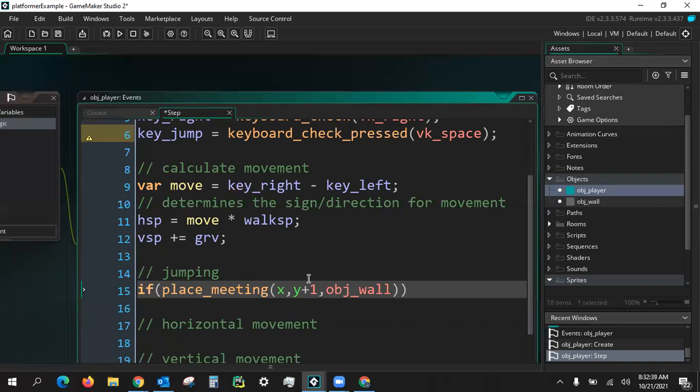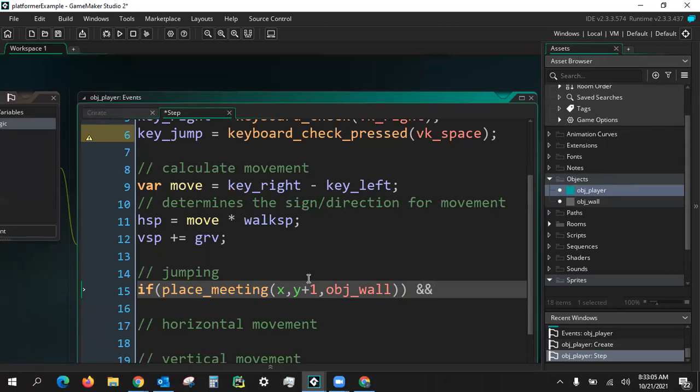This is to make sure that we can't, for instance, double jump or jump in the middle of the air. Maybe you want to allow for that. We can play around with that in the future. But in this case, we're not going to allow for double jumping, a single jump only if you are on an actual platform. So making sure that you're standing right above the ground